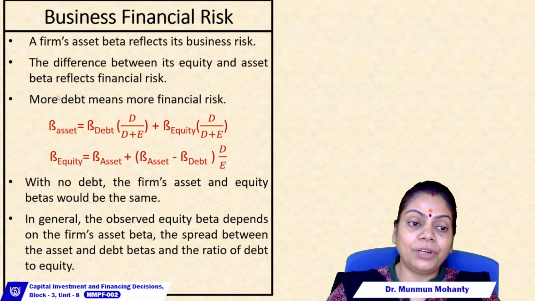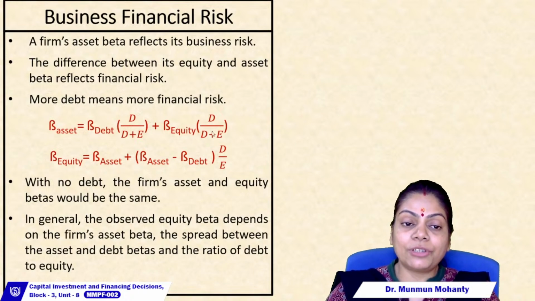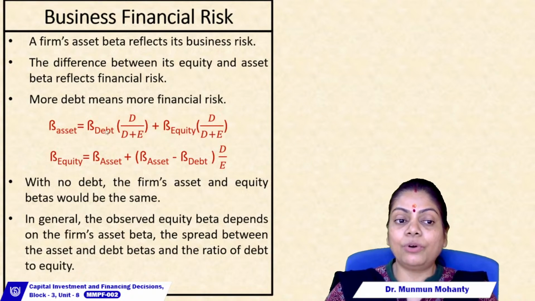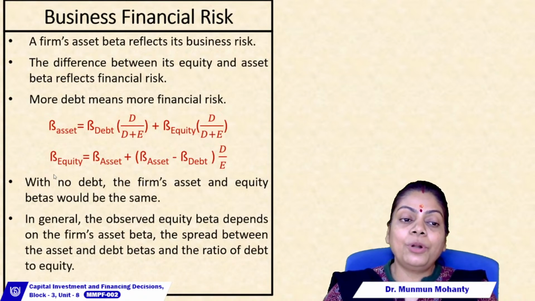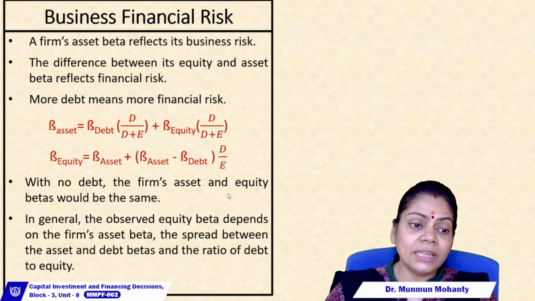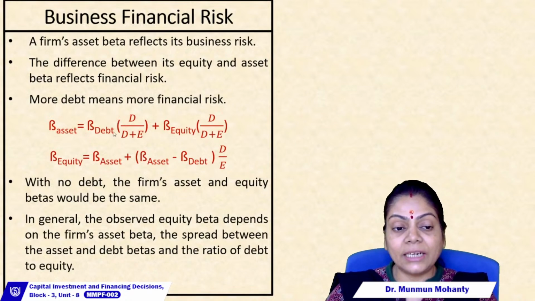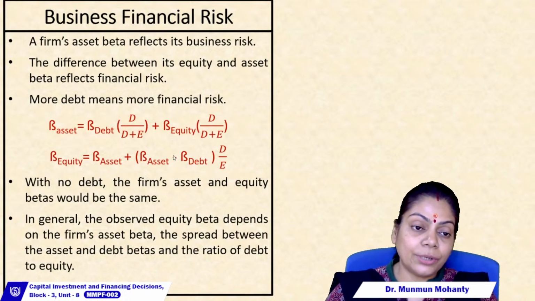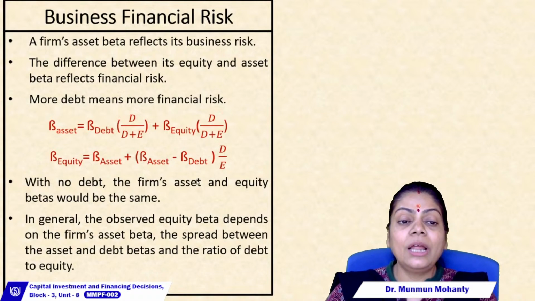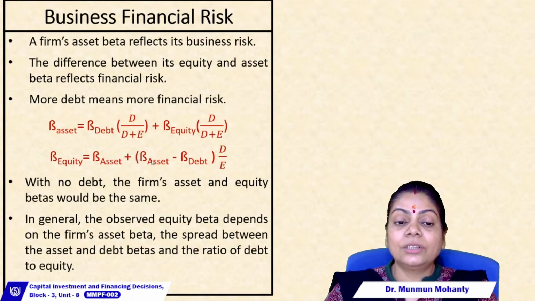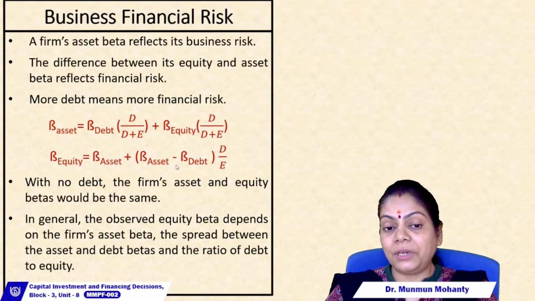Now you see, we'll try to alter this particular equation that we have just dealt with. The beta of the asset is equal to the beta of the debt into D by D plus E plus beta of equity into E by D plus E. Now the point is, I change the sides of the equation. I bring the equity to the left hand side, and the asset to the right hand side, and do some modifications to the equation, and then I ultimately reach this new equation, that is the beta of equity is equal to the beta of asset plus the spread between the beta of asset and the beta of debt,